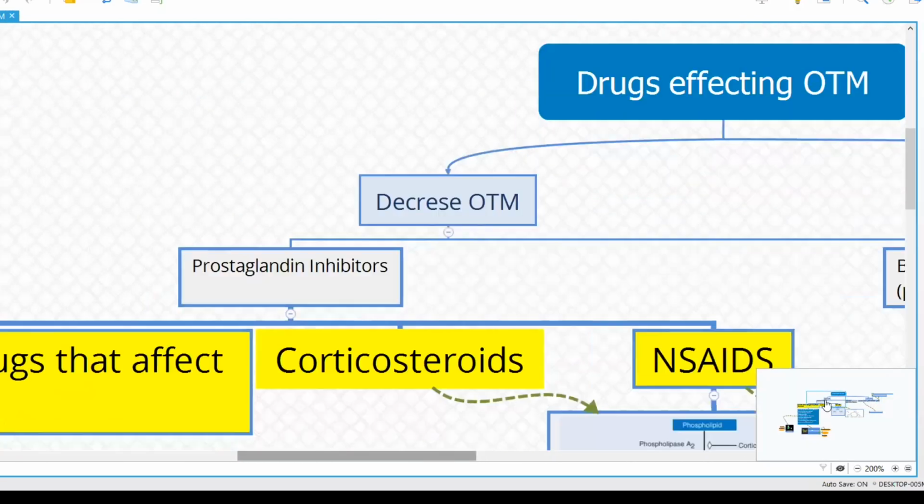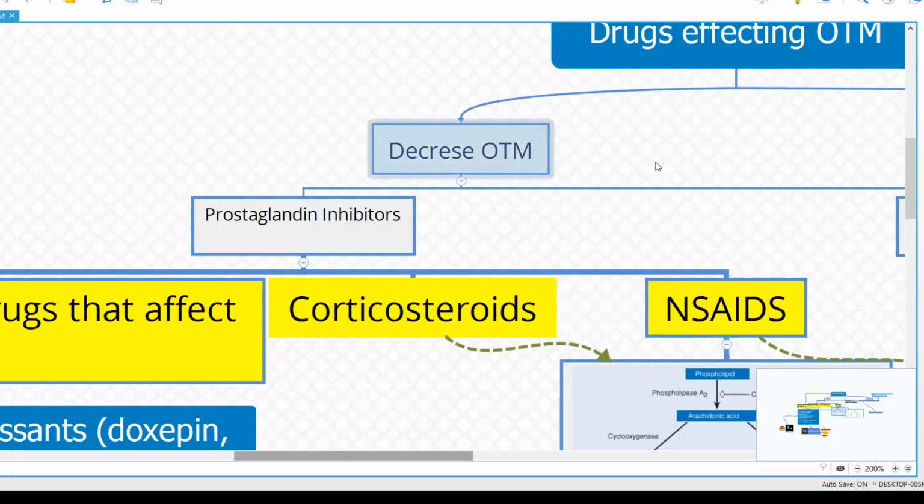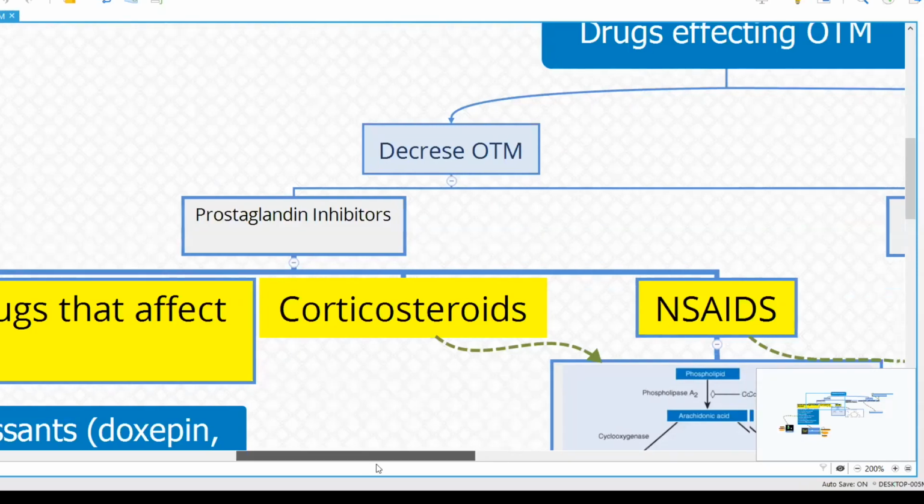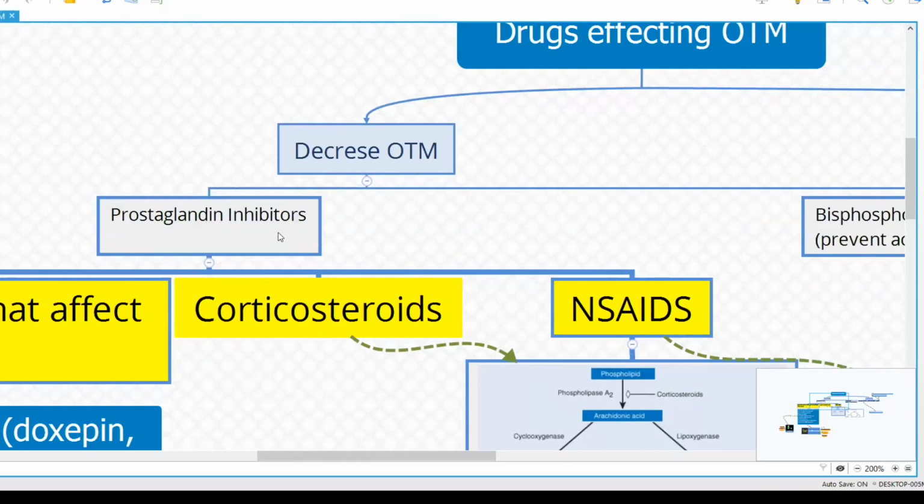So now let's come to the drugs which decrease tooth movement. This is practically very important. For example, a patient presents to us, and with your mistake, you have not taken a good history of the drugs, and the patient is using a drug which decreases tooth movement. Then you would be in trouble after a few months of treatment, when you will not be having appreciable results. So let's divide the drugs which decrease orthodontic tooth movement into two categories. What are those categories? One is the prostaglandin inhibitors.